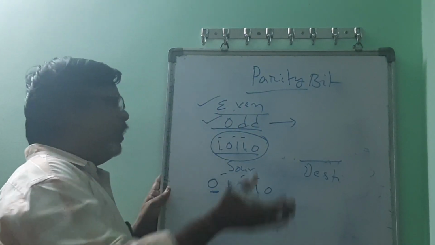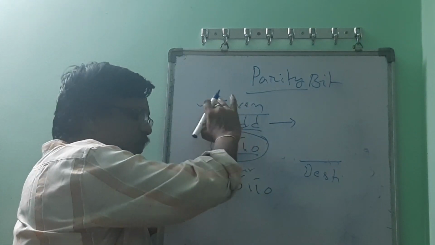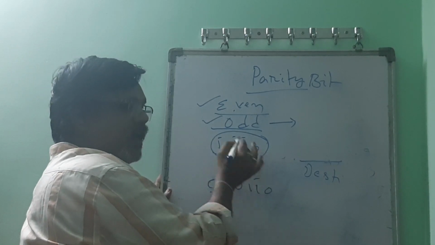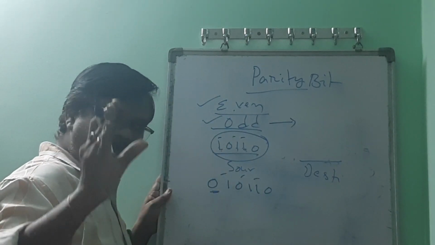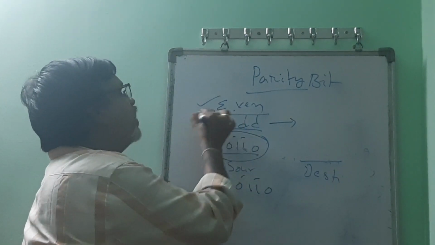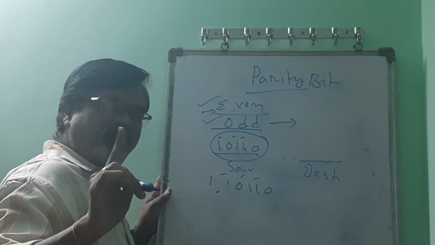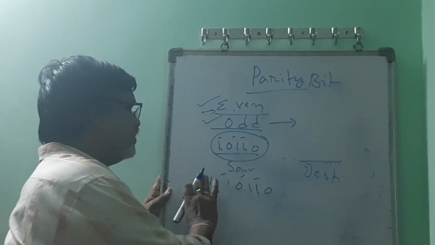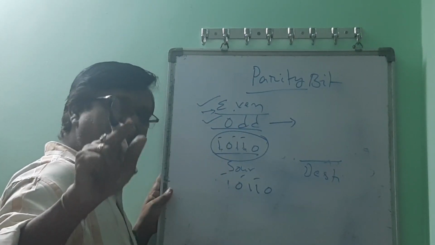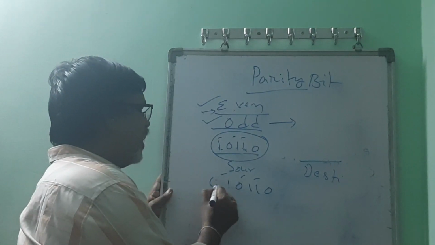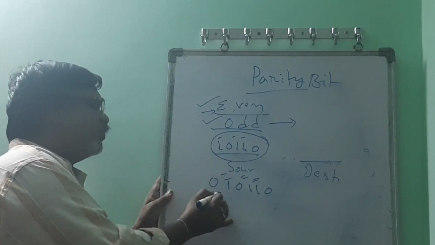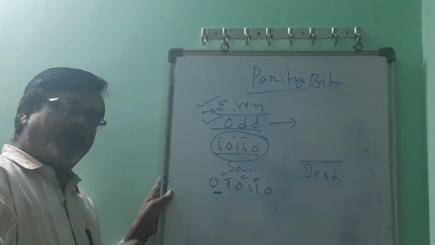So if you are following any of these two methods, you should follow either even parity or odd parity. If you are following even parity, you check how many ones the source input data contains. If the input data contains an odd number of ones, add one more 1, because we are using even parity, and the number of ones should be even. Or else, if you are following the odd parity method, the number of ones in the data should be odd. So we add 0, as there is already an odd number of ones. This is the way we add the parity bit, either even parity or odd parity.